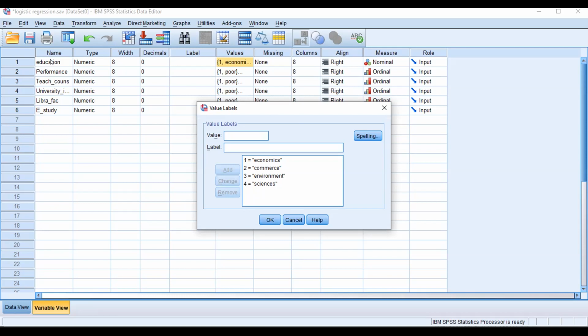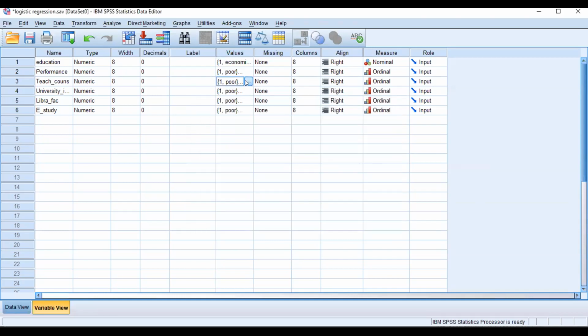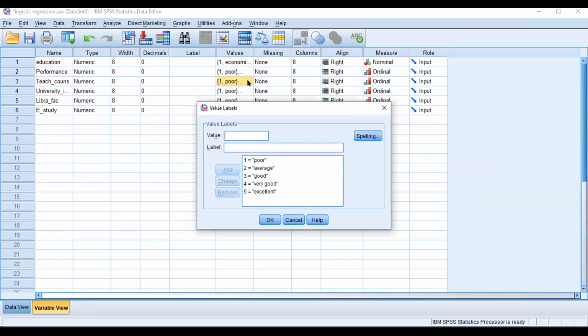For logistic regression, the assumption is that the scale must be in ordinal form. Ordinal means ordered. Universally, this is true: poor should be poor for everyone, so it should be evaluated lower than average.